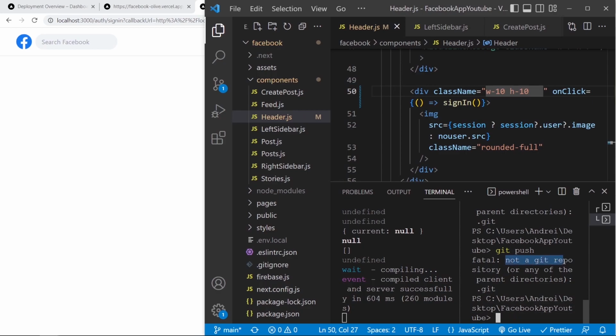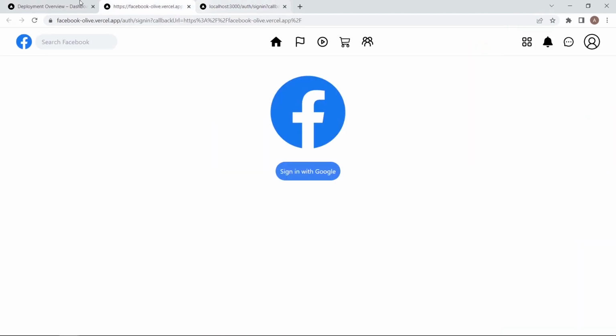Git push: fatal, not a git repository or any of the parent directories. Oh, it's in my GitHub Desktop. Let me open it. I'm gonna commit to main, push to origin. So after you type git push, this should be done for you. So now if we go to Vercel,